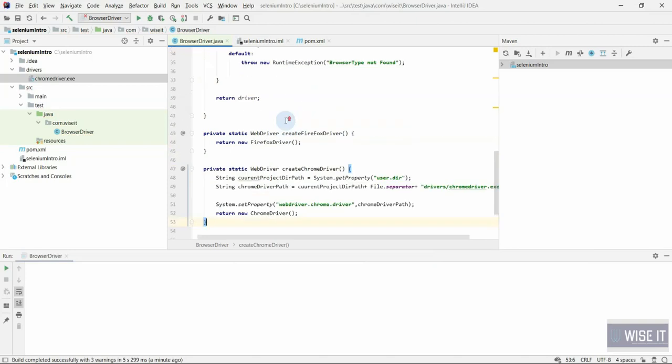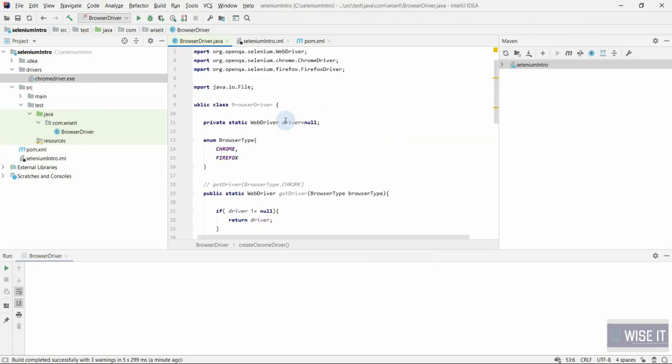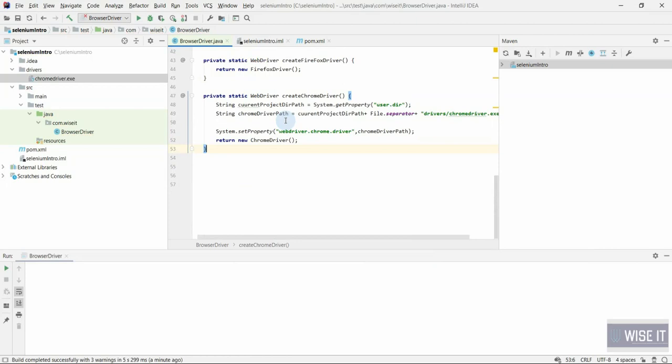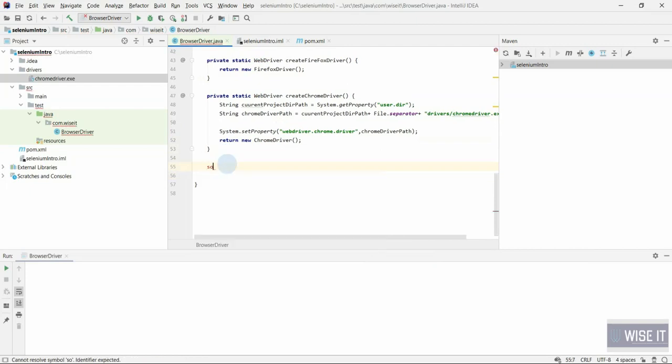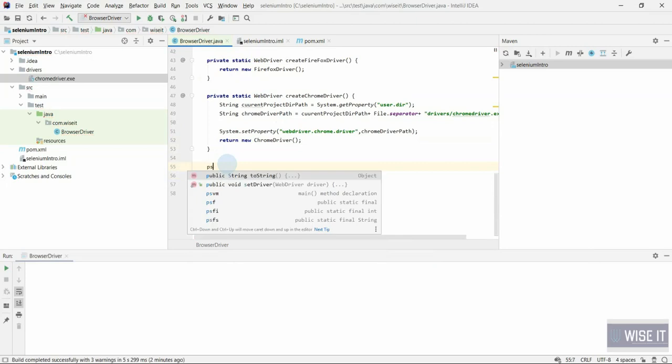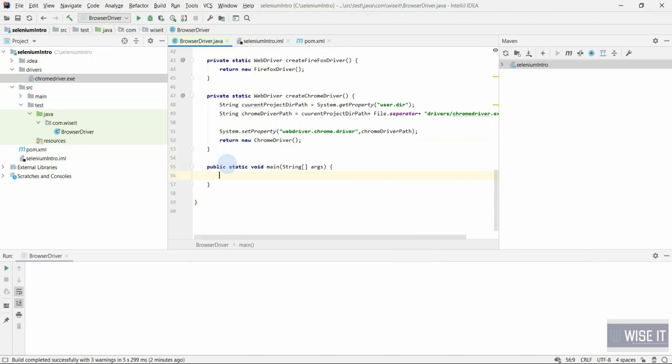So we want to try it out. How you can try it out? Very simple way, just click here and type SOPSVM, public static void main, and click enter. It will create this method for you. And here what you need to do, you need to create a Chrome driver.